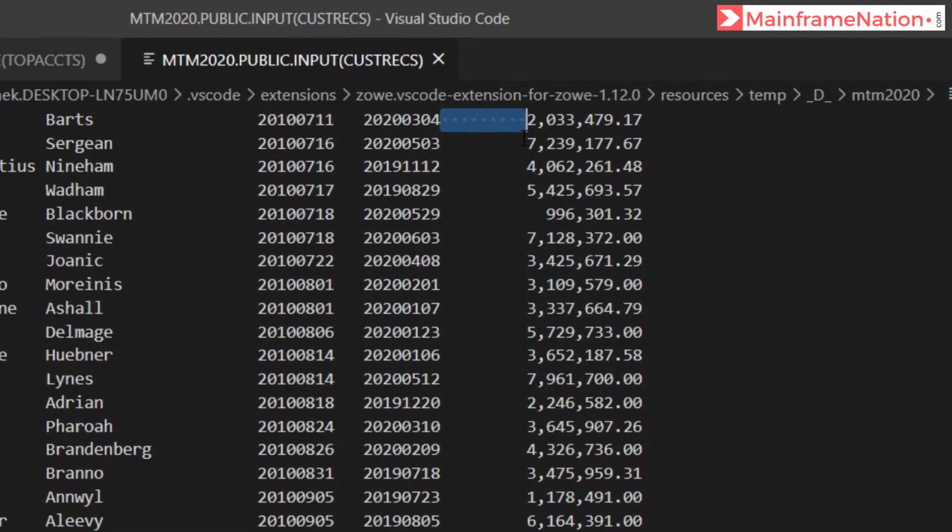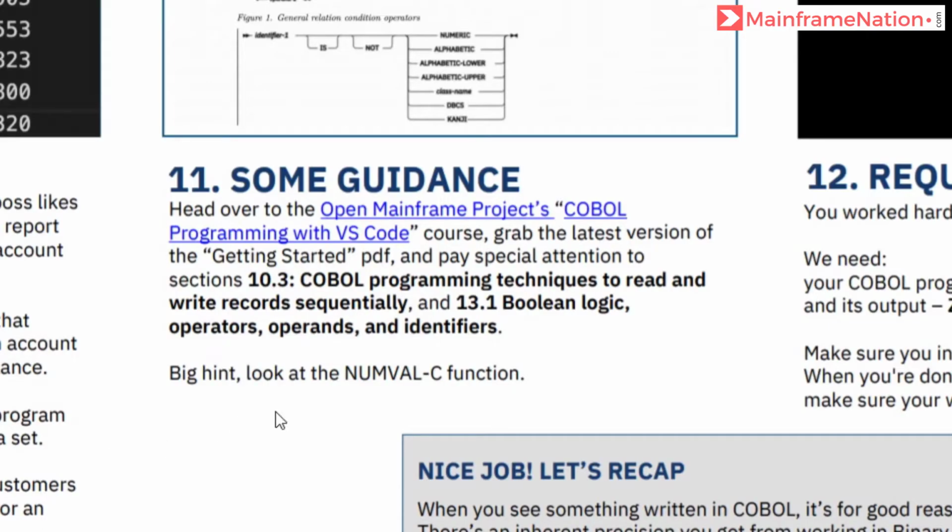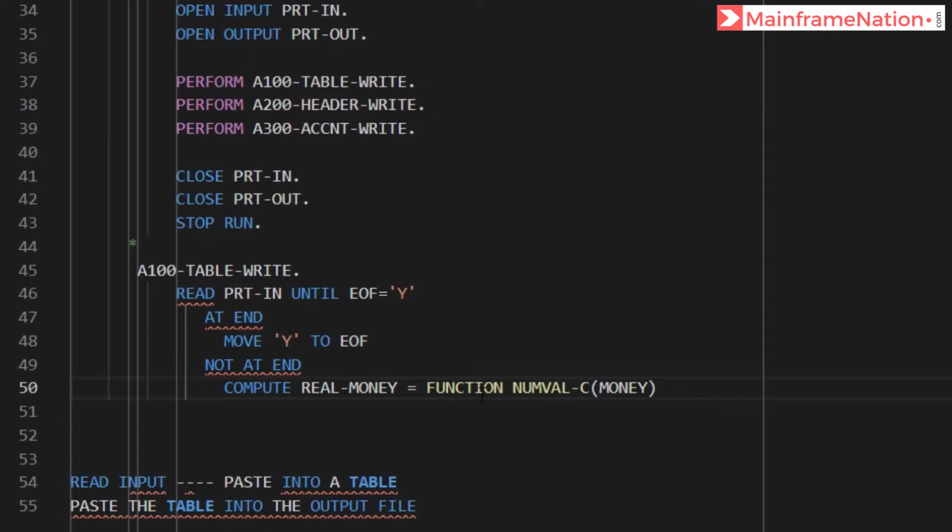So this is money. Currently it is in commas. You can see here it is a comma here. So to convert it into numerical, we have a function called numerical value C. In the PDF also it is telling us that we have to look at numerical value C function. So this function numerical value will convert money into a numerical value, and I will store it into a real money variable.